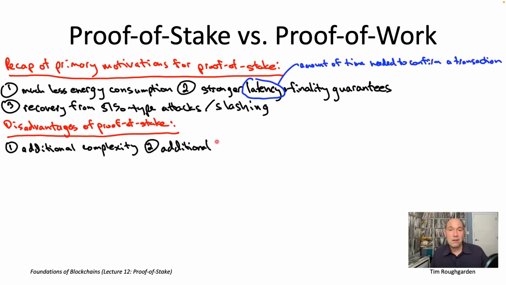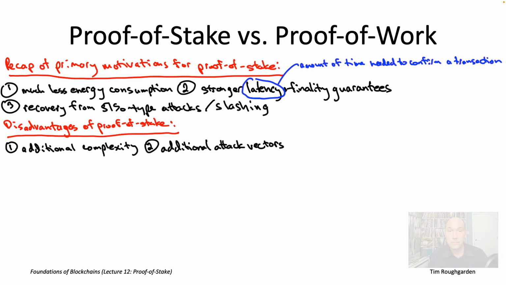The second drawback of proof-of-stake protocols is in some sense a consequence of the first. With the additional complexity comes, unfortunately, entirely new attack vectors. Now, again, this is not a theorem. I'm not saying I have a mathematical proof that any extra complexity in a protocol automatically leads to some kind of new attack vector. It's more of a heuristic. But if you look at proof-of-stake blockchain protocols, there's no question that they are vulnerable to a wider class of